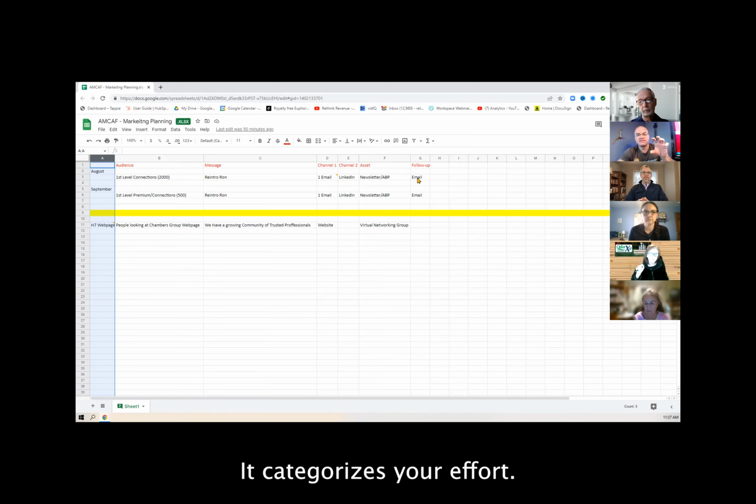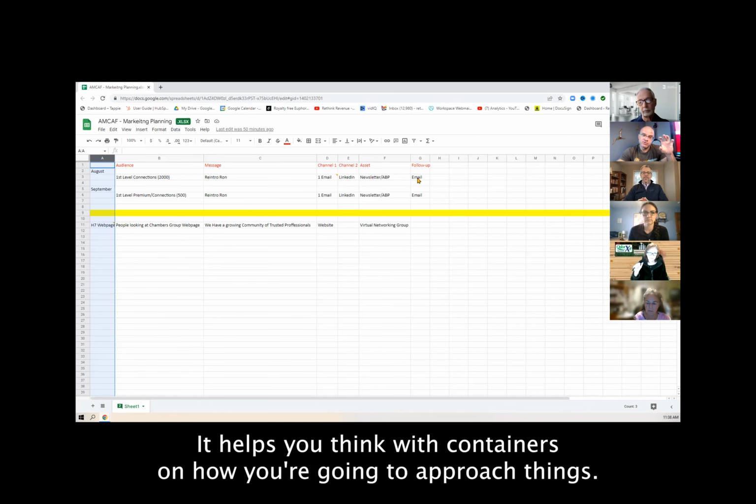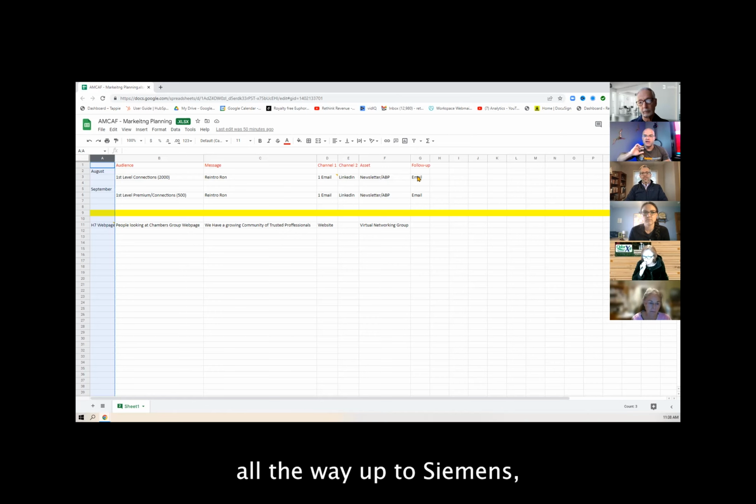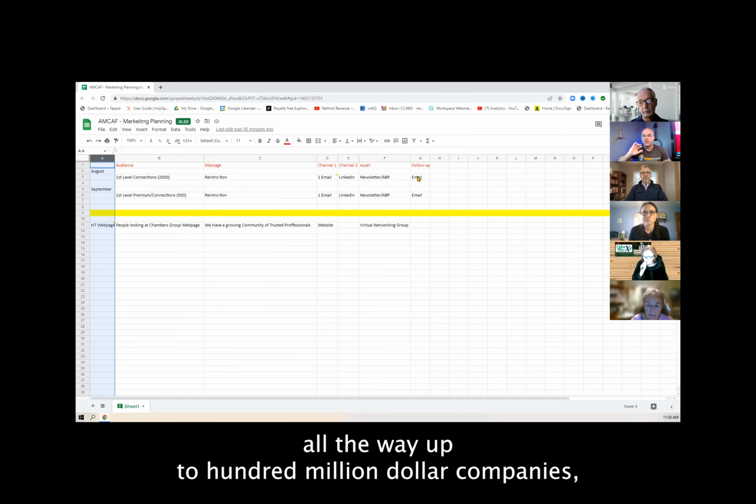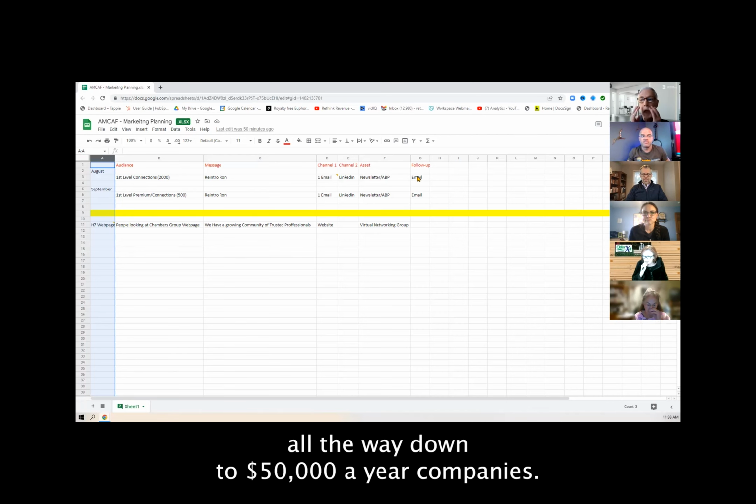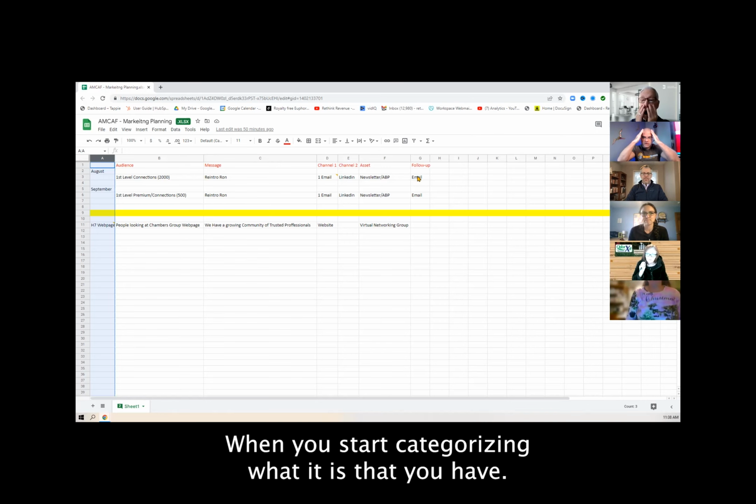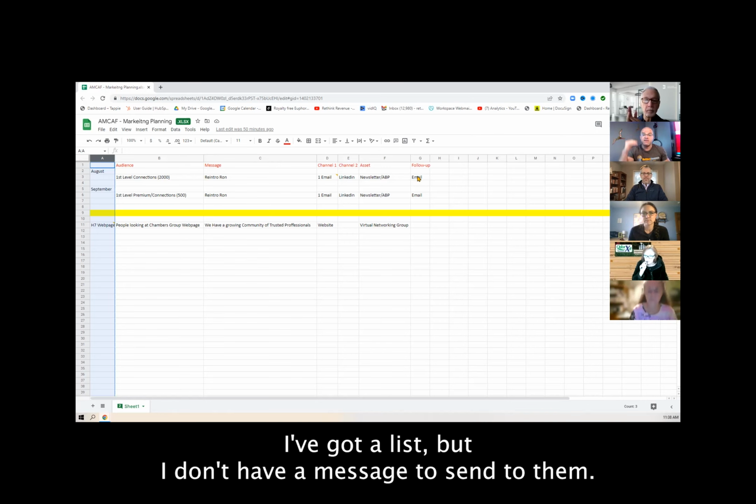It categorizes your effort. It helps you think with containers on how you're going to approach things. This is used from the solopreneur level all the way up to Nike, all the way up to Siemens, all the way up to $100 million companies, all the way down to $50,000 a year companies. It works universally, okay? When you start categorizing what it is that you have,